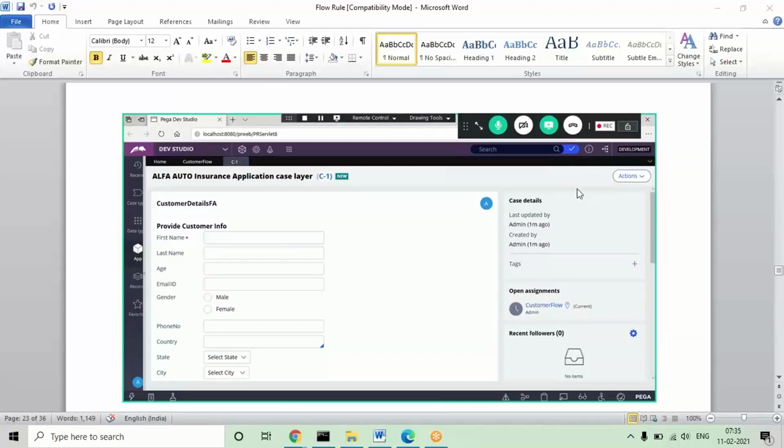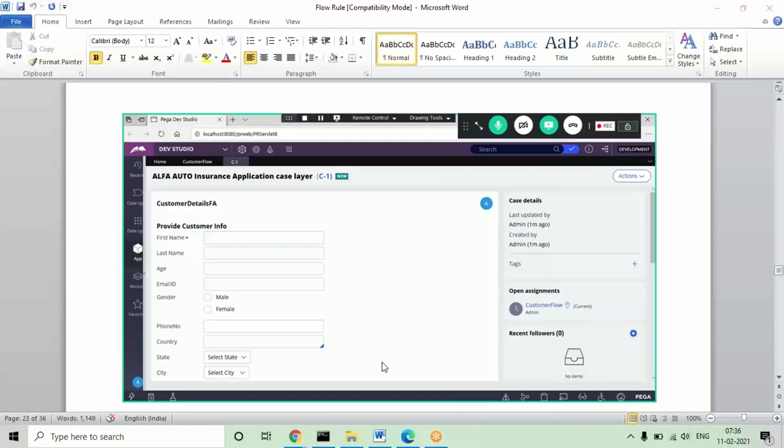After the compilation, what page opens, or what design do we see? This page is called a work object page. In the work object page, what are the things we have? This is entirely a built-in template, which the Pega harness will be calling. Under the harness this will be displayed. In this harness page there is a header, and the UI page will be loaded. On the right side you get some case details and participant information. Participant means developer information: the name of the flow and the name of the developer. If you want to customize all that, we can also customize it using a harness called perform harness, which I'll cover in the advanced classes.